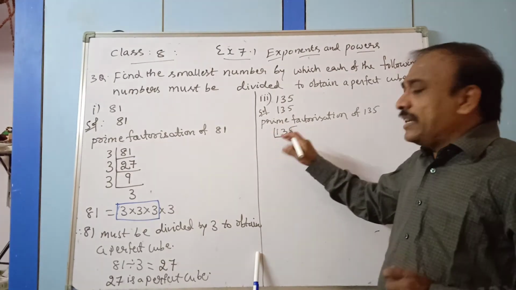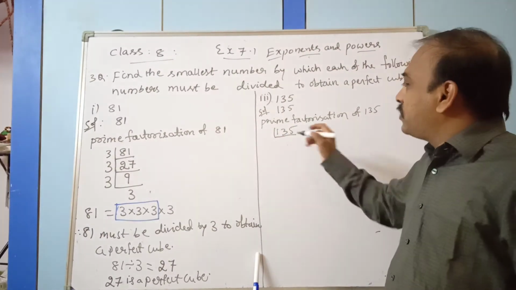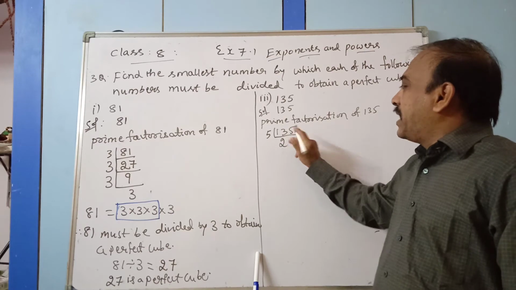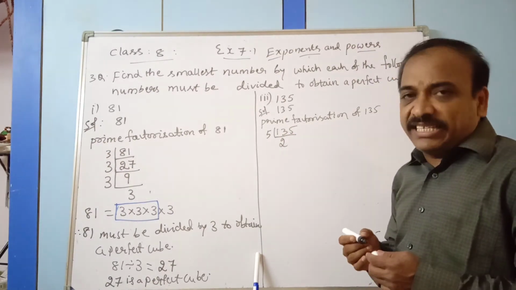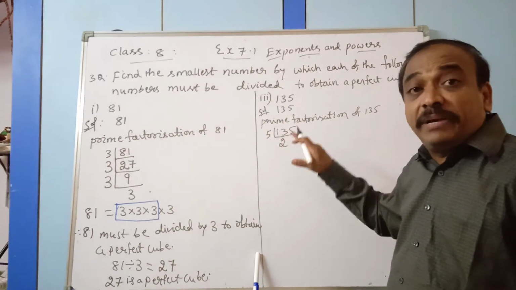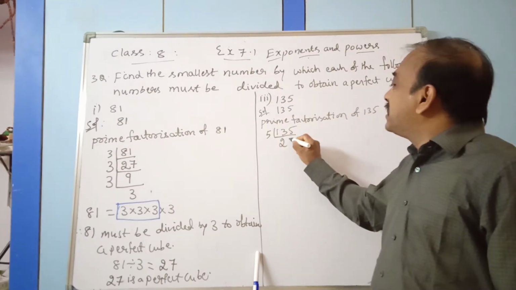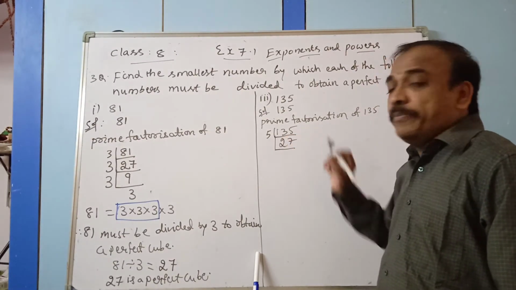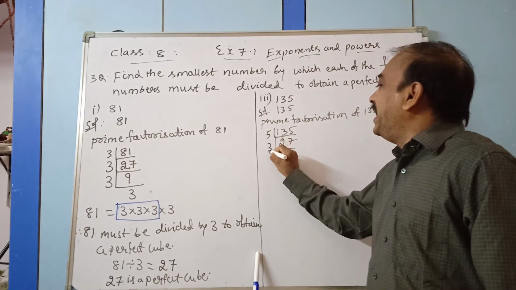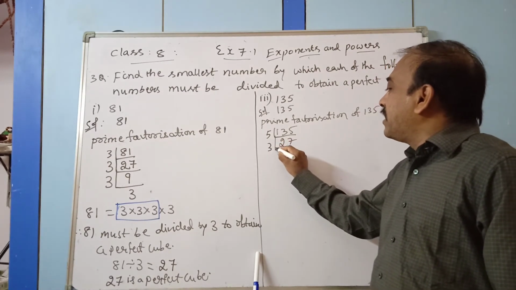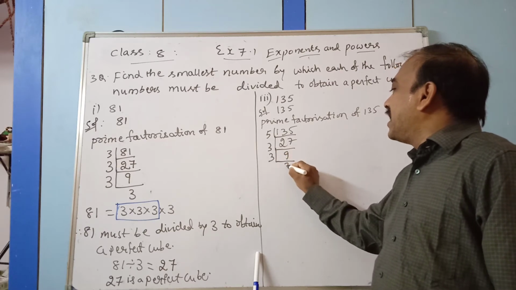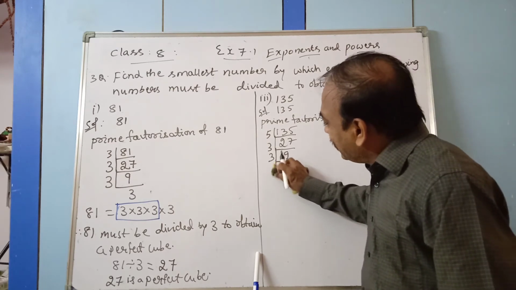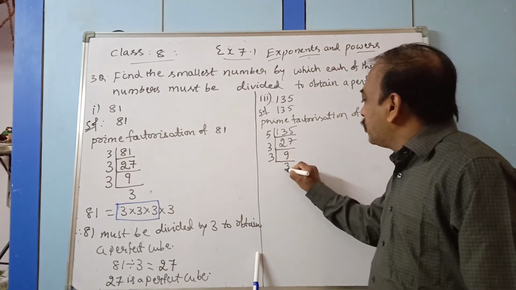Now you can divide with either 3 or 5. So if you start with 5, observe it. 5 2s are 10, because 1 is the smallest number, we are taking 2 digits at a time. 5 2s are 10, remainder 3 and 5, 35. So 5 7s are 35. Next, is it divisible by 5? No, it is divisible by 3. Now 3 9s are 27. Next, 3 3s are 9. That's it. The 3 is a prime number, no need to divide again.